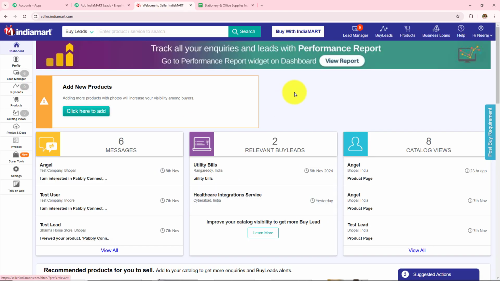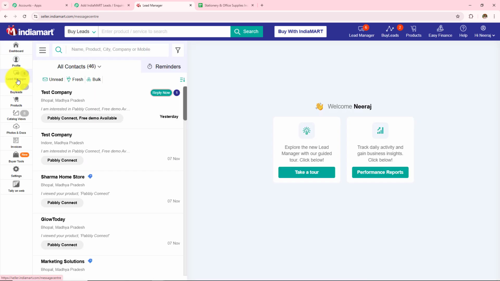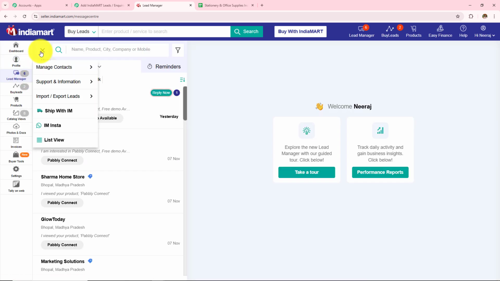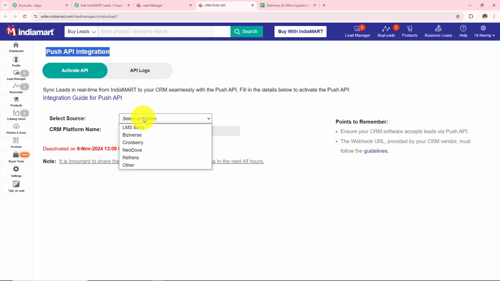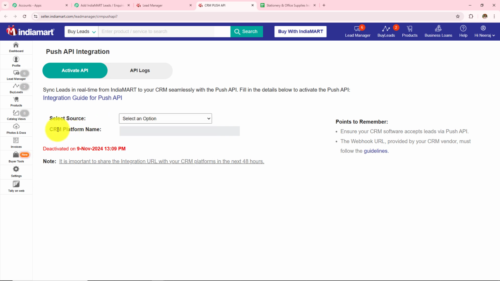So this is my IndiaMART account, and this is the seller's dashboard of IndiaMART. On the left hand side I can see this Leads Manager, so I will open this and I have to click on these three dots, then I have to click on Import Export Leads, and then I have to click on Push API. So this page has appeared in front of me, Push API Integration, where I need to select my source and then I have to enter my CRM